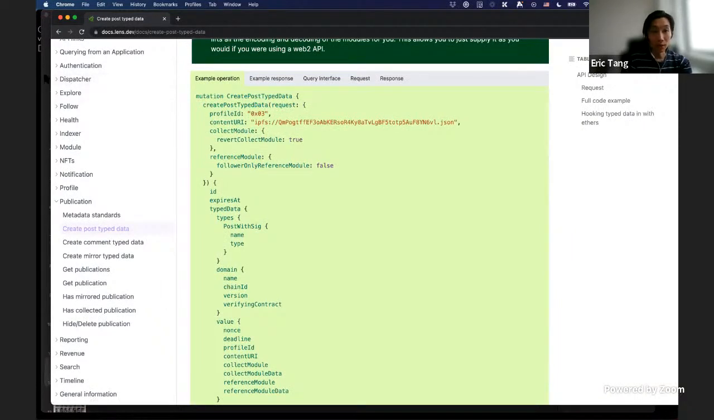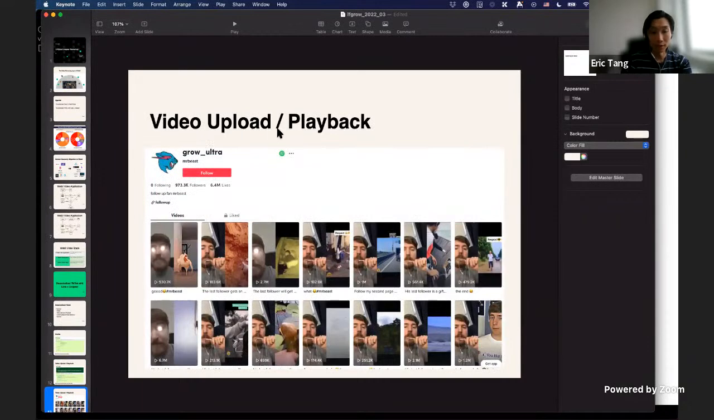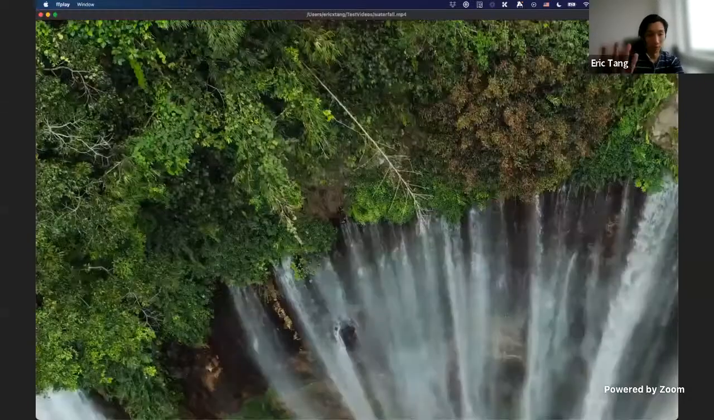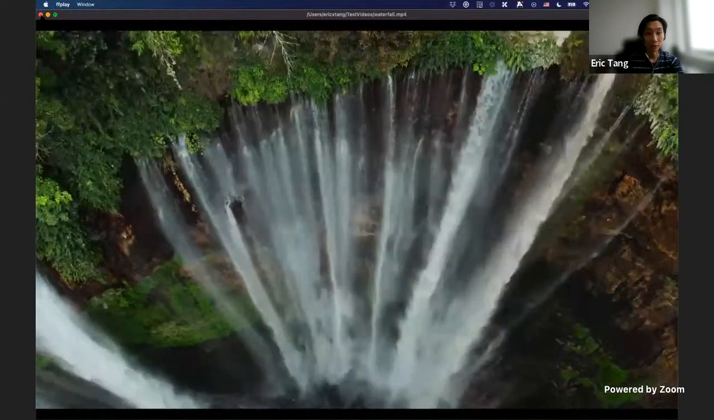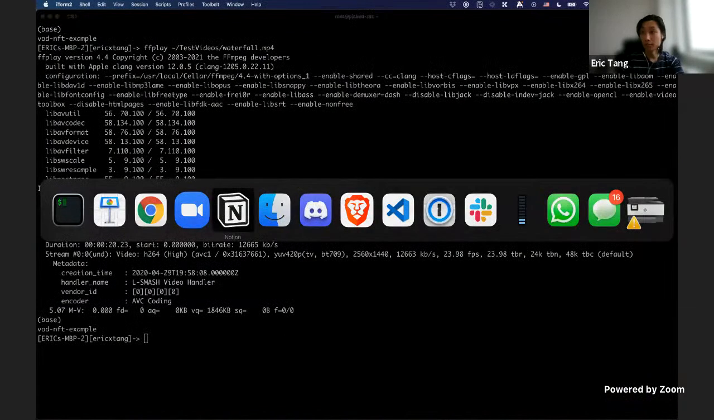So I'm going to show you how to do a video upload with the Livepeer API. For example, this is Mr. Beast's profile. So how do we create a profile like this? Let me go here. The first thing that I'll do is I'll pick a video. So I'm going to pick this waterfall video, a video of a beautiful waterfall. And from there, what I will do is I can